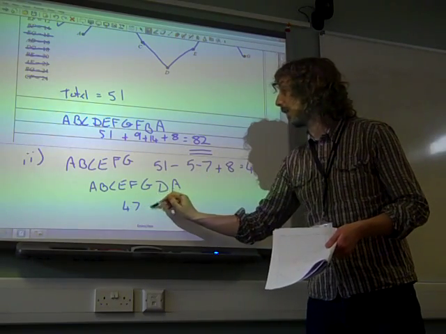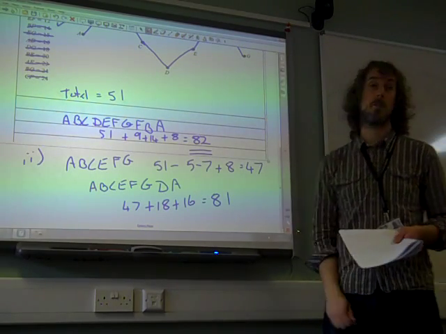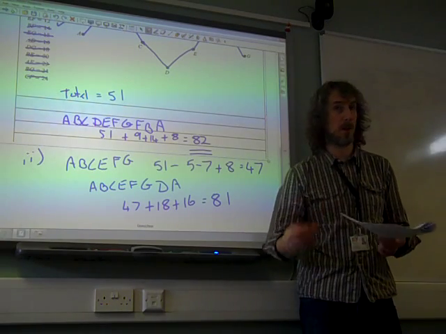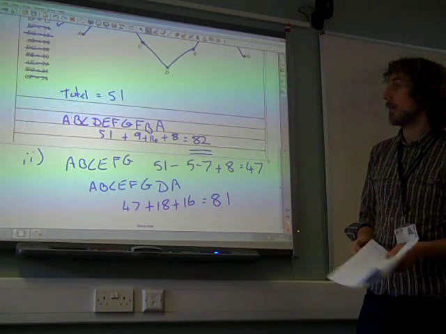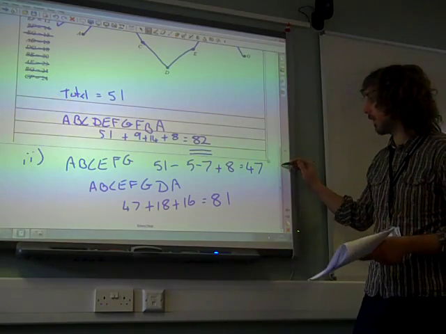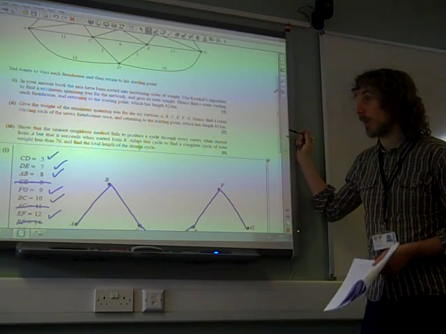So that's our 47 plus 18 plus 16 gives us 81 as our new route. So we kind of started with our minimum spanning tree and turned it into a route, which is a little bit unusual because we normally do this kind of stuff using the nearest neighbour algorithm, don't we? So now we're on to part 3,